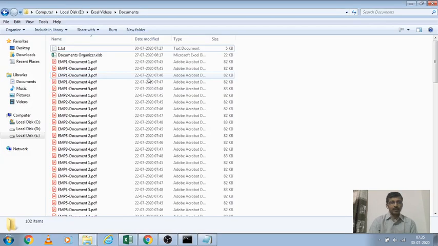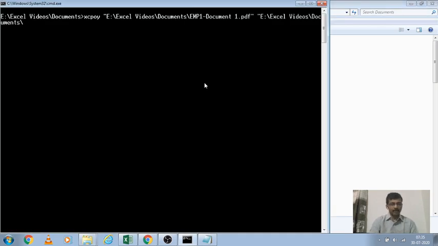Here in the documents folder, I am creating a new subfolder called split. In this split folder, the employee ID, emp1, and close the quotes. Here we have to put the backslash. Otherwise, what happens, let us see.